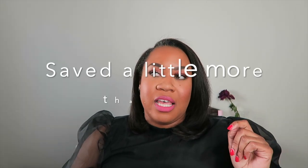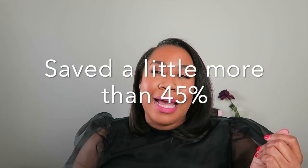And let's be clear, I'd rather save, how much did I save on this bag? I'll put it across the screen. Probably like 30 to 35%. I'd rather save that much than have a bag in pristine condition. Came stuffed with bubble wrap, which is great because with a bag like this, I will keep it stuffed when